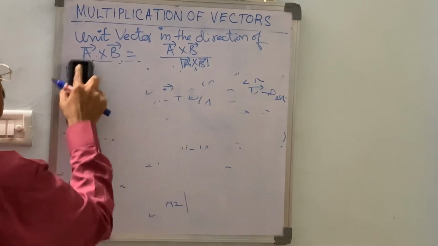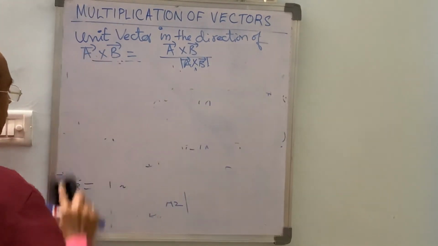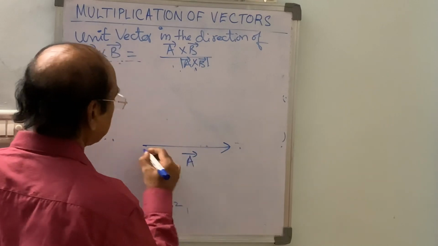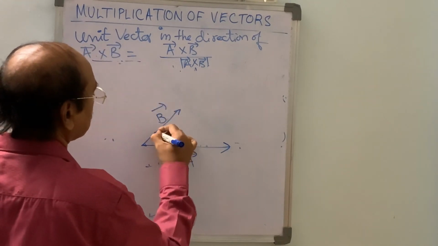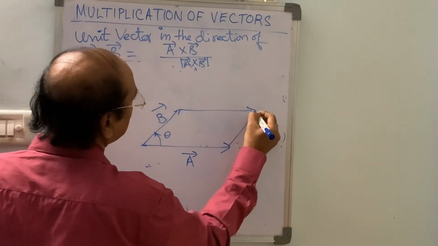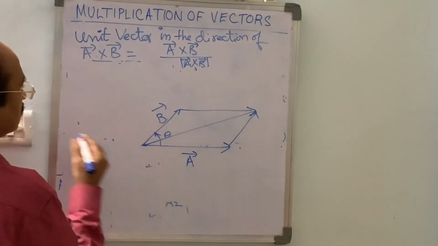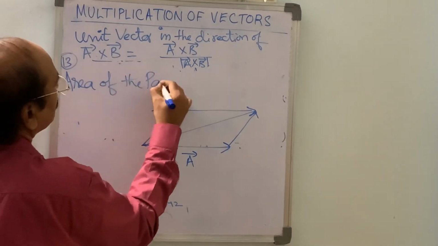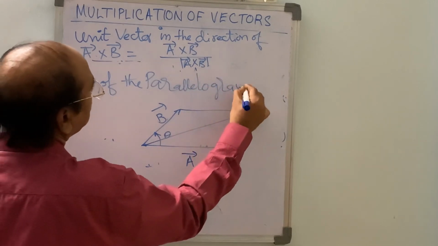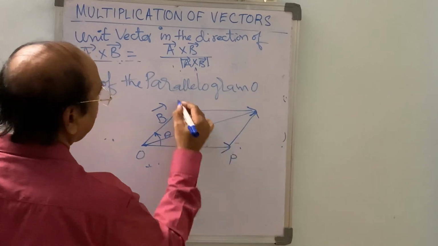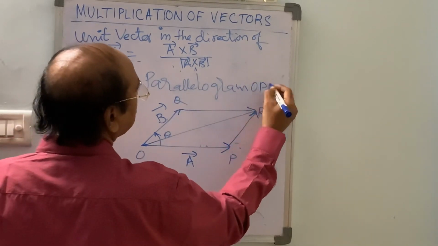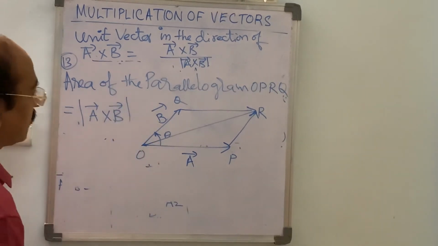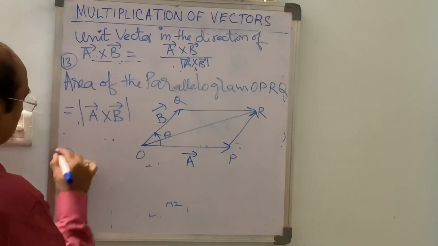If a bar and b bar are two vectors, and if they are represented by the two adjacent sides of a parallelogram, and if theta is the angle between the two vectors, then the area of the parallelogram is given by the magnitude of the vector product of the two vectors a bar and b bar,